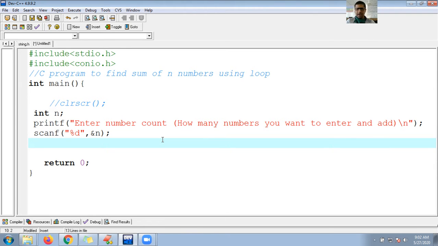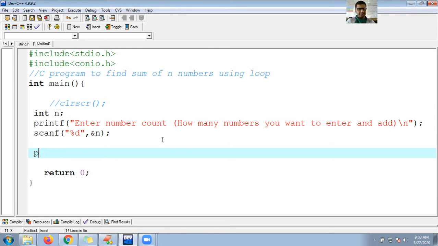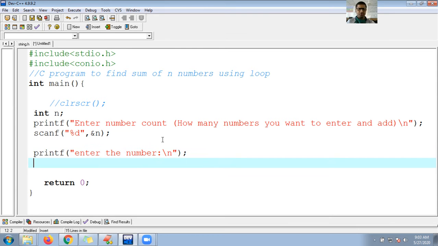Now I will ask the user, please enter the number. So printf, I have to show the message to the user: enter the number, then \n. So the user will enter the number. What should I do? I need to read.